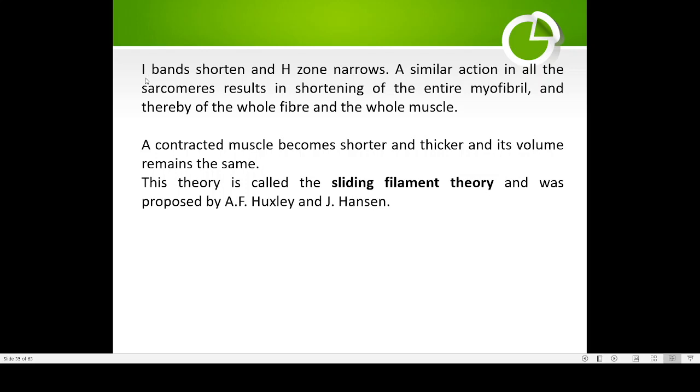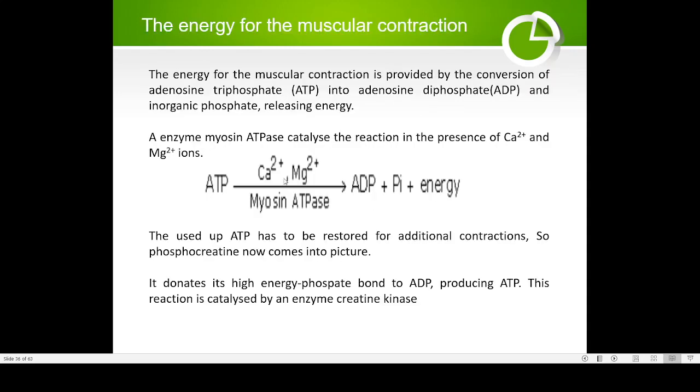I-band means the lighter region, and H is on. So a contracted muscle becomes shorter and thicker, but the volume will be decreasing. Now here you can also see what happens to the energy. You can see that there is a splitting of ATP, and in presence of calcium ions and magnesium ions, an